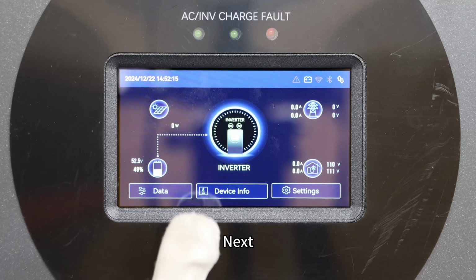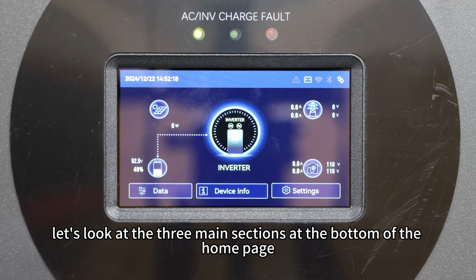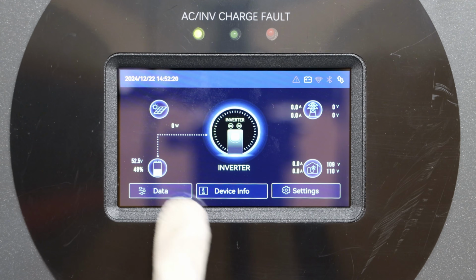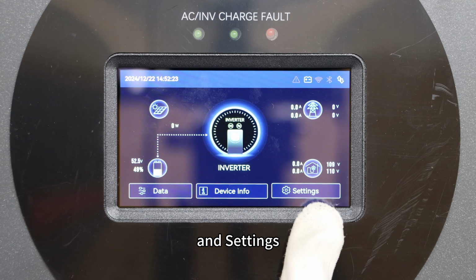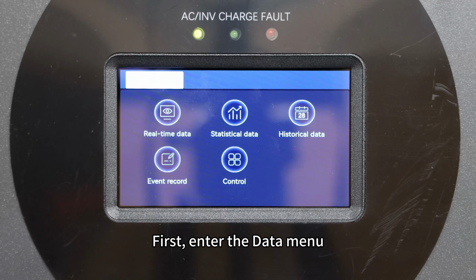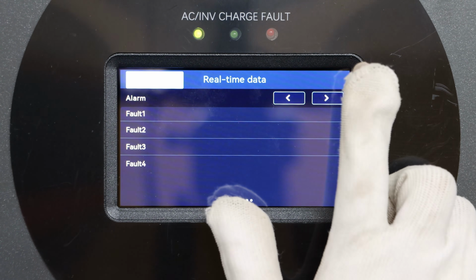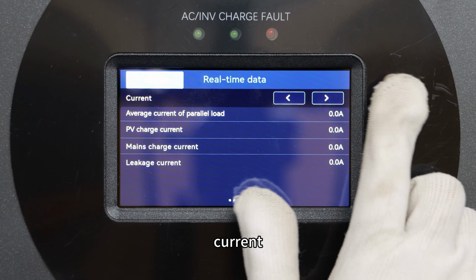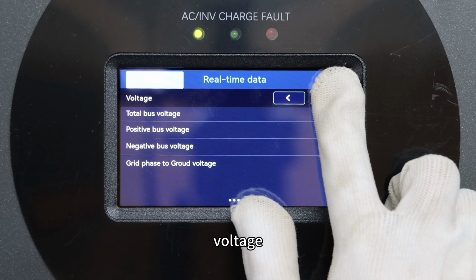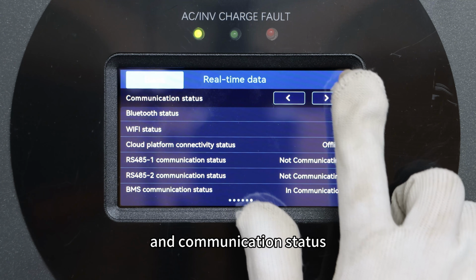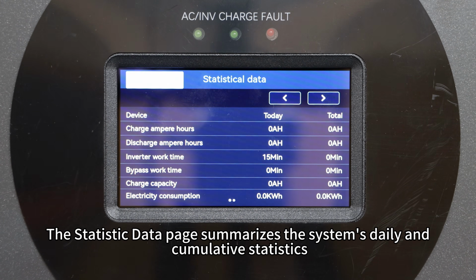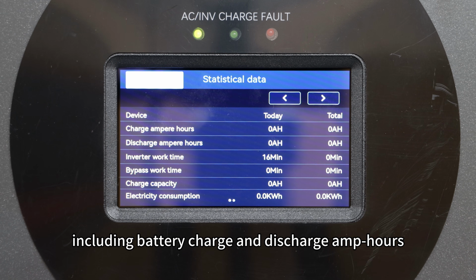Next, let's look at the three main sections at the bottom of the homepage: Data, Device Information, and Settings. First, enter the Data menu. In the real-time data page, you can find comprehensive real-time information related to the device, alarms, current, temperature, voltage, and communication status. The statistic data page summarizes the system's daily and cumulative statistics, including battery charge and discharge amp hours,